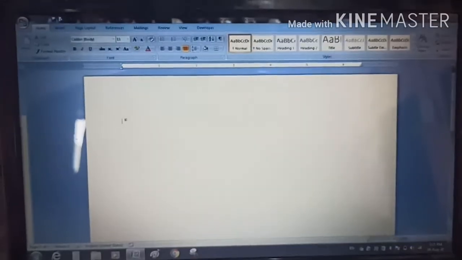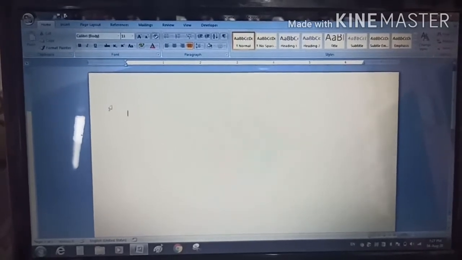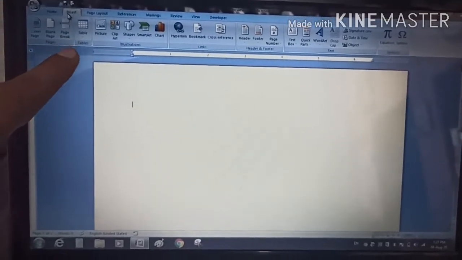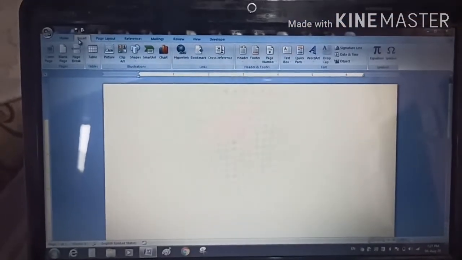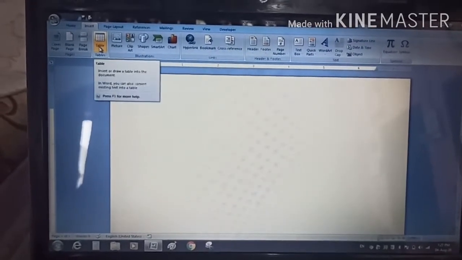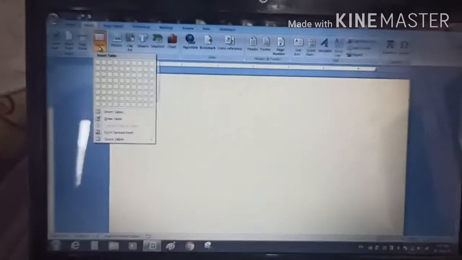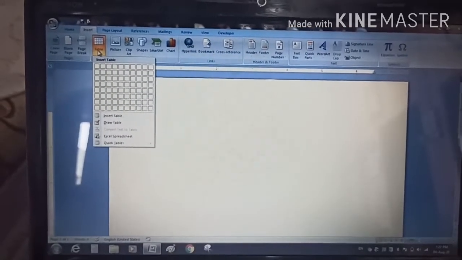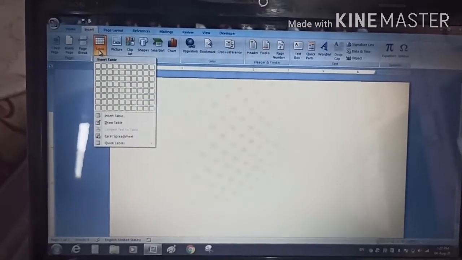Now we are going to insert a table into our document. It can be done from the Insert tab. Under the Insert tab, here we have the option of Table. As I already told you, there are three methods to insert a table. The first method is to just click on the drop down here. Here is a grid-like structure.